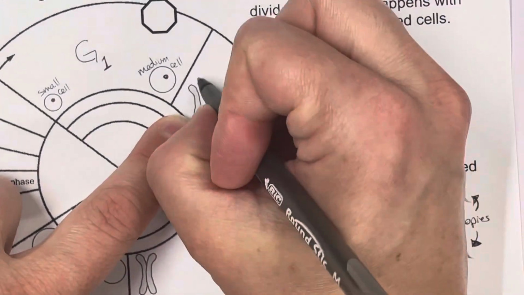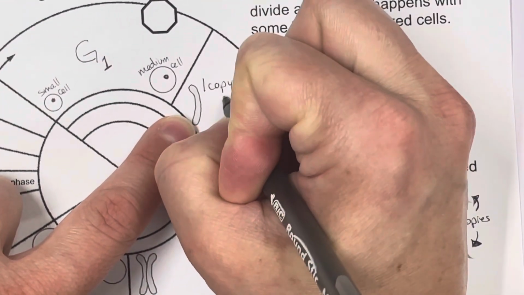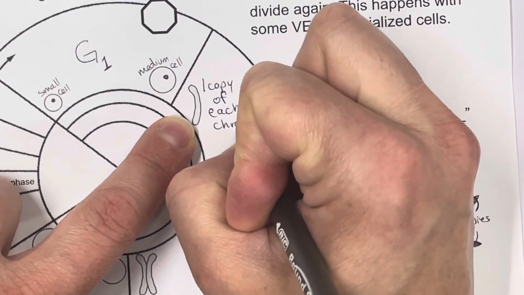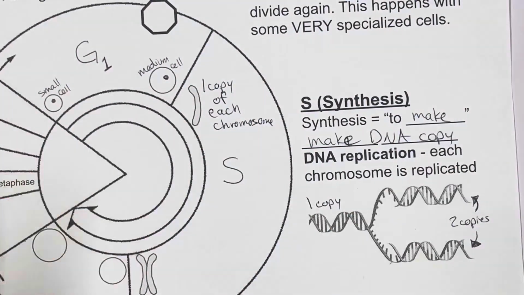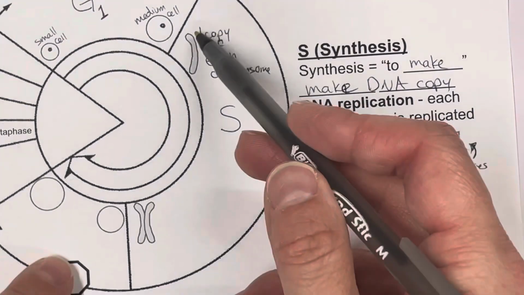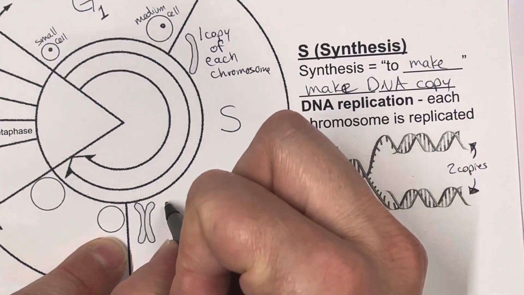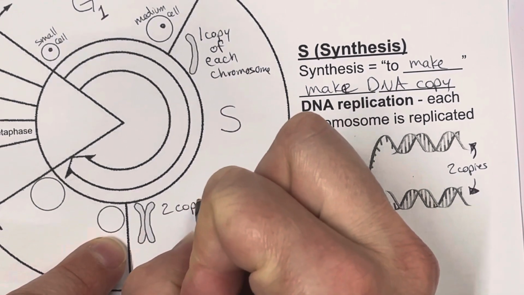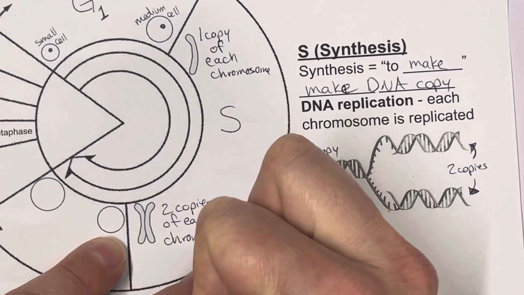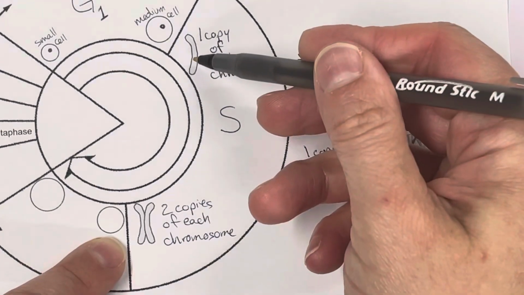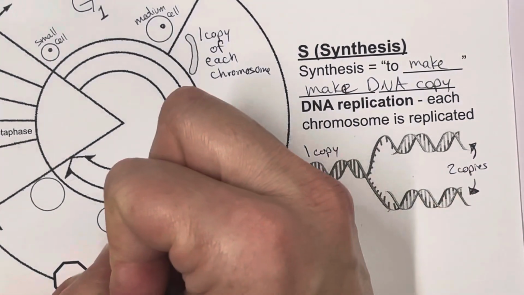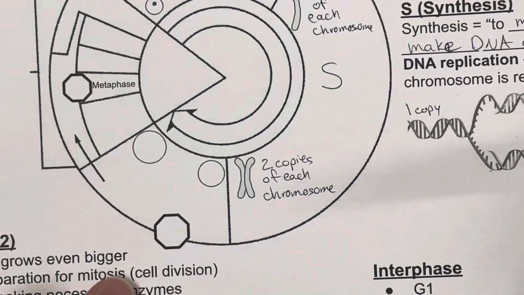So right here we have 1 copy of each chromosome. In the process of S phase, each one is going to get replicated, so we'll have 2 copies of each chromosome. We start off with 1 copy. At the end of S phase, we have 2 copies. Now, we'll go in from there to